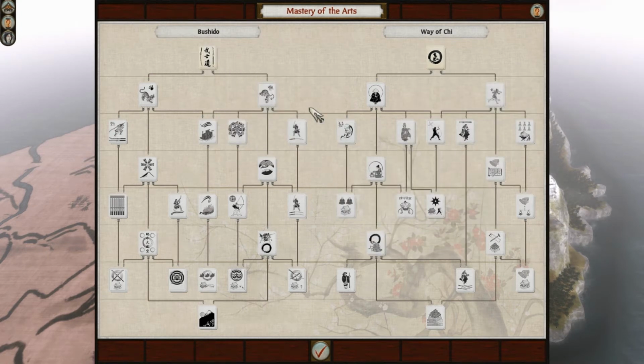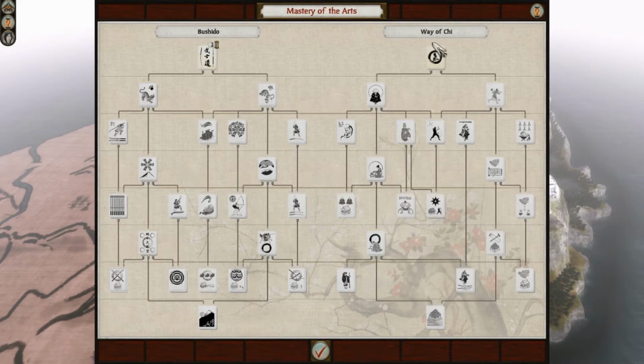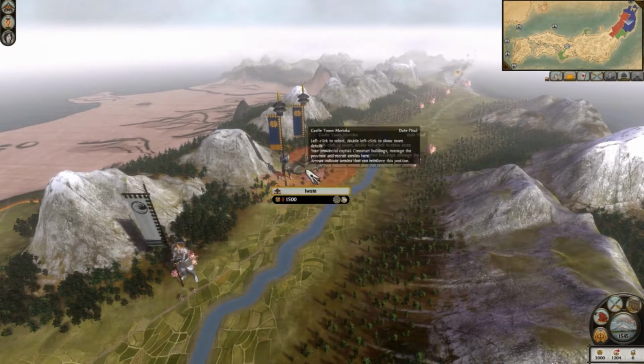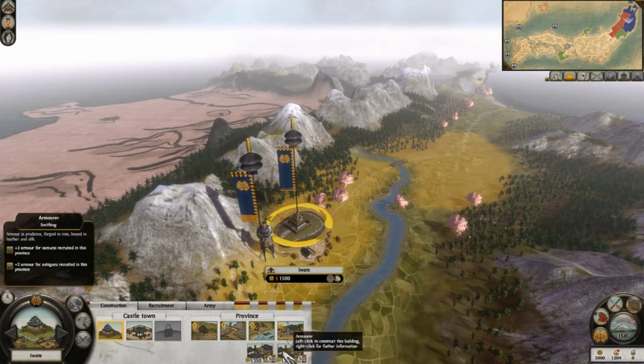And what does a Date player normally do? Well, they normally go for Way of Shi because it's very peaceful, and the Date are peaceful. Nah, just kidding. The Date are just pure war, but we will go to Way of Shi someday because we need those Metsukes. So let's see. I will go for,